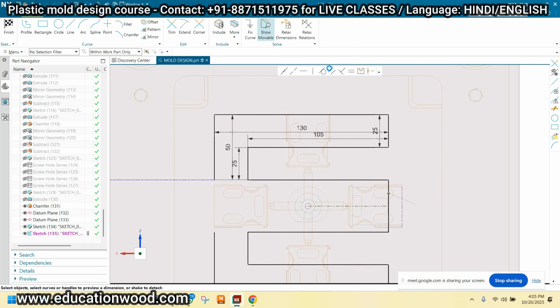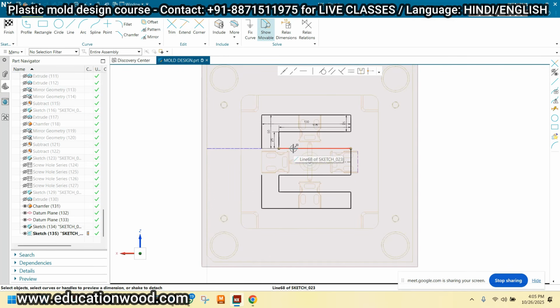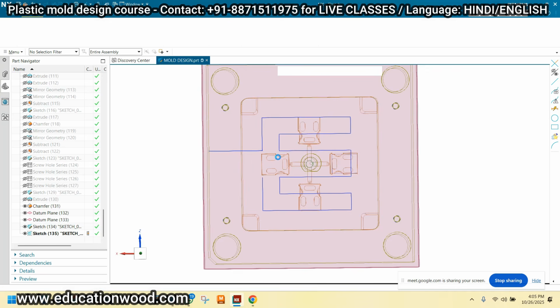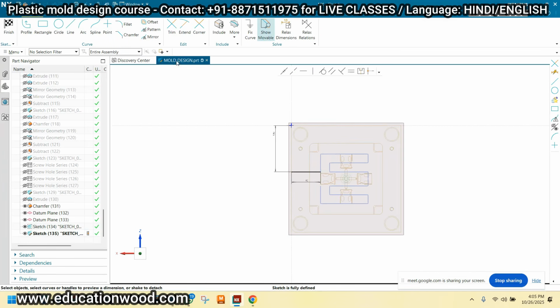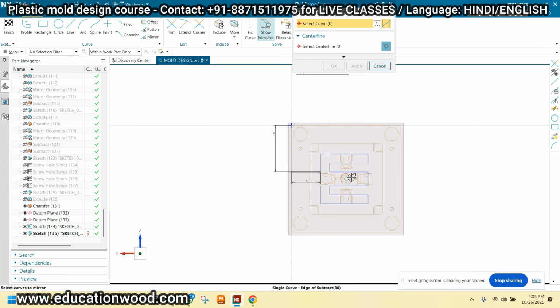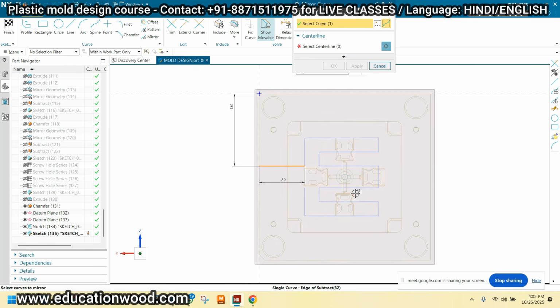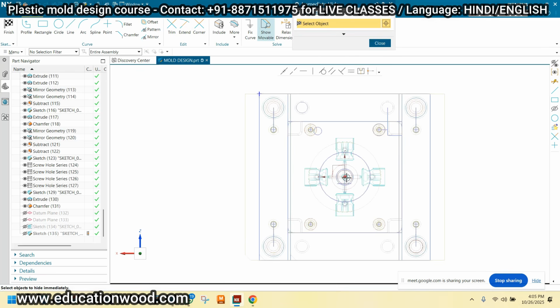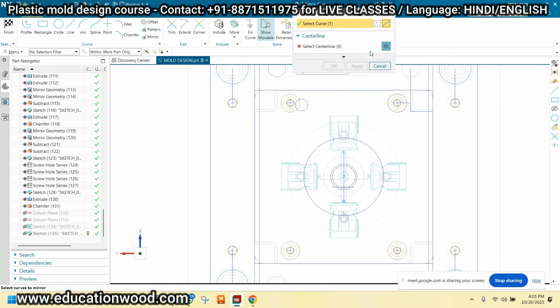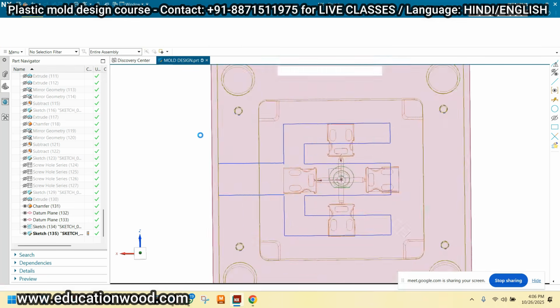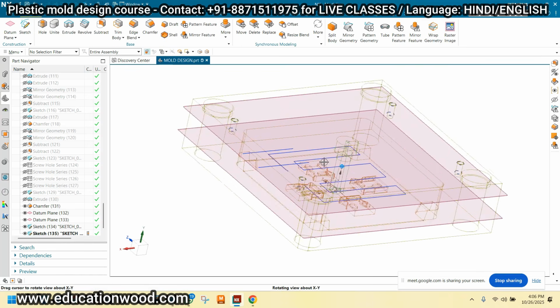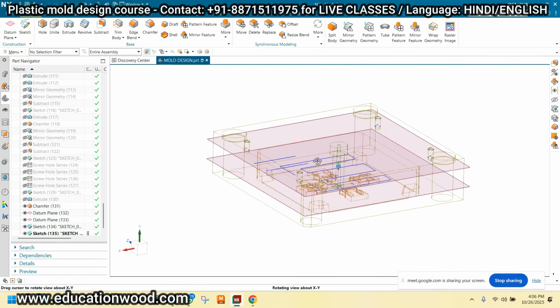Take the center line like this. I'm just making the simple type of line pulling. Again, one more mirror I'm taking. Let me hide this and just click OK. See, right?